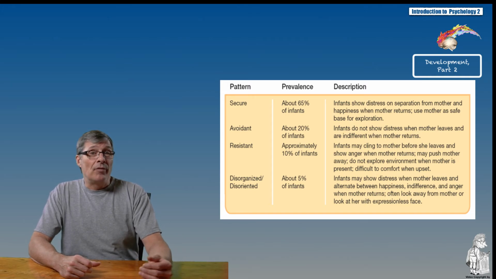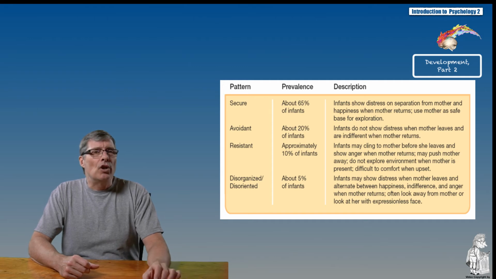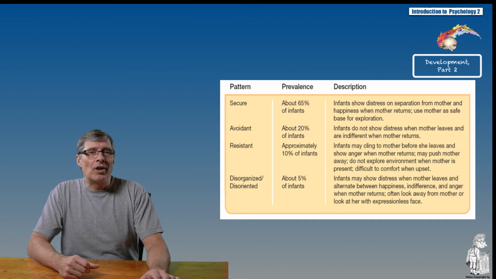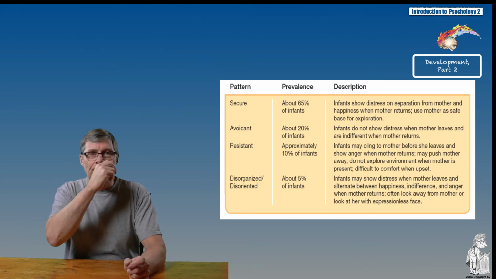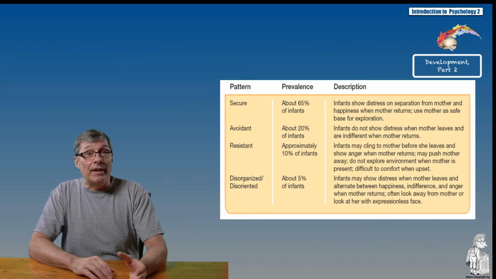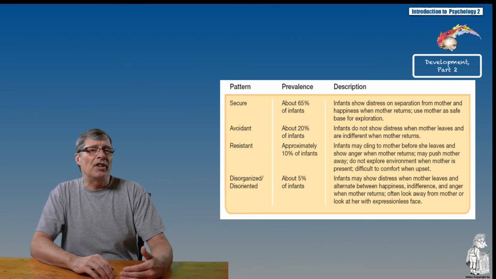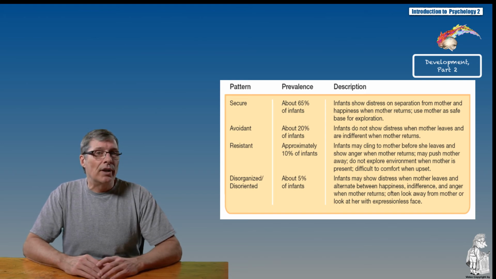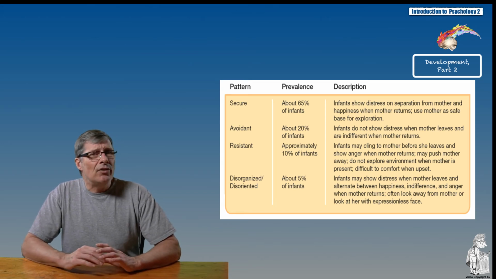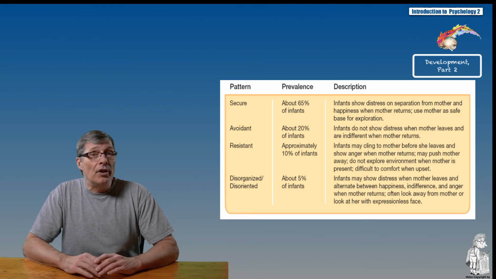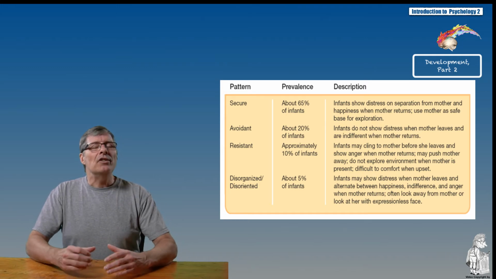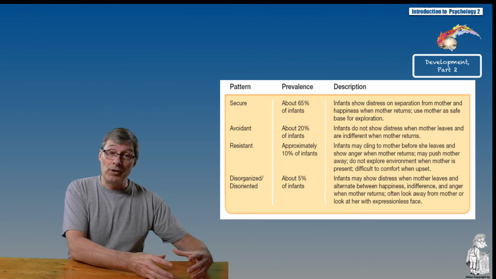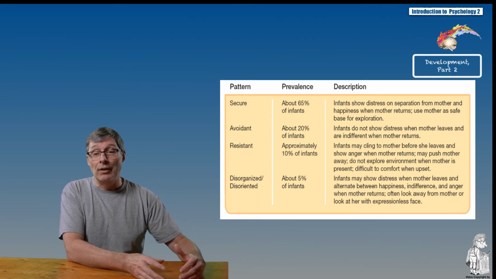Resistant attachment. Now this one is prior to a period of separation. Resistant infants seek and prefer close contact with their mother, yet they do not tend to branch out and explore like the securely attached infants. And then the last type is disorganized, disoriented attachment. This is when, reunited with a mother, this group of infants exhibits contradictory and disorganized responses. Now, these are different levels of attachment which have a lot to do with that first stage of trust-mistrust